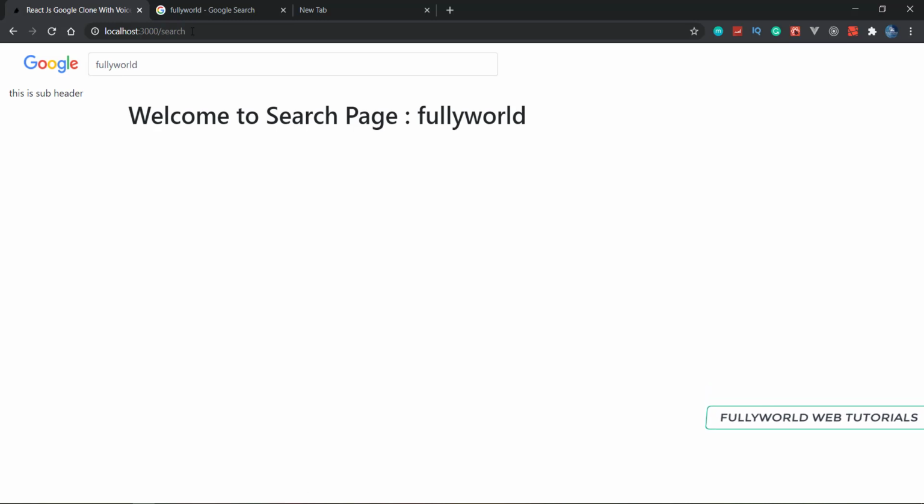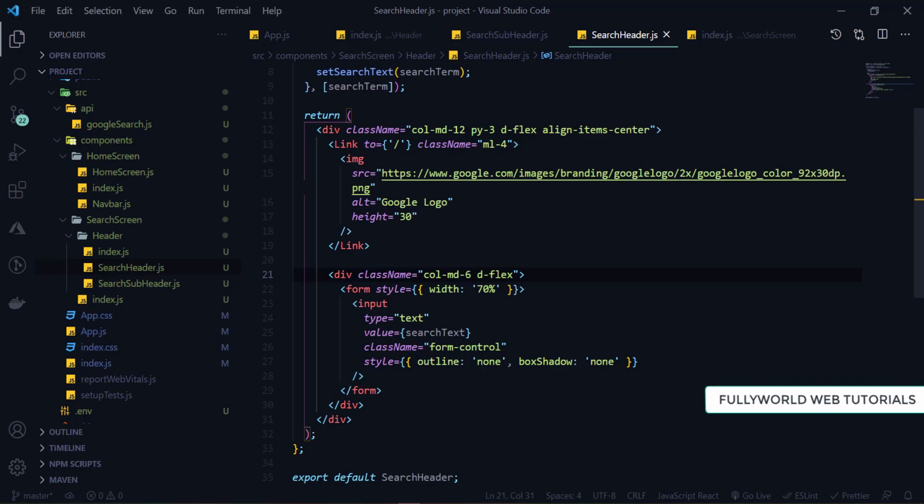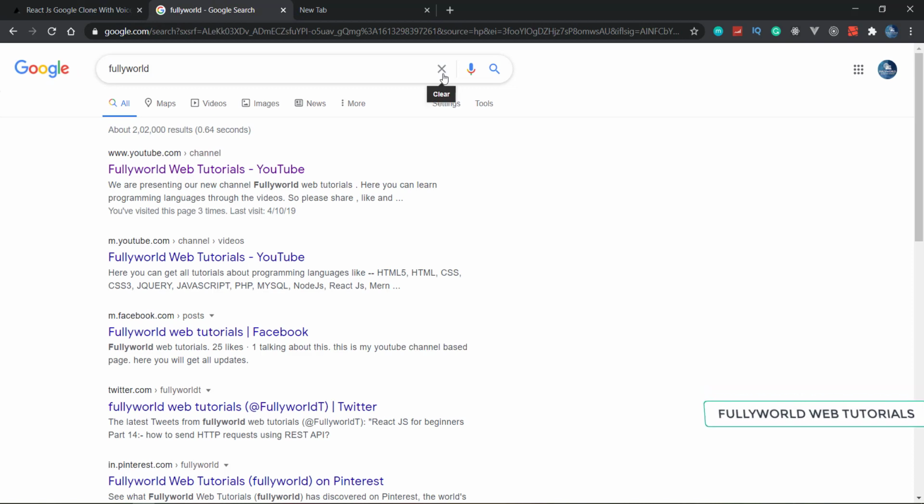But I need it to be colMD6 because our form width will be very less, and now it is looking good. And now we need two things here. First will be the cross button, and then these two things we need. So I'm going to first of all enable our cross button here. So here first of all we check if set input is there. If set input is there, then we are going to return our